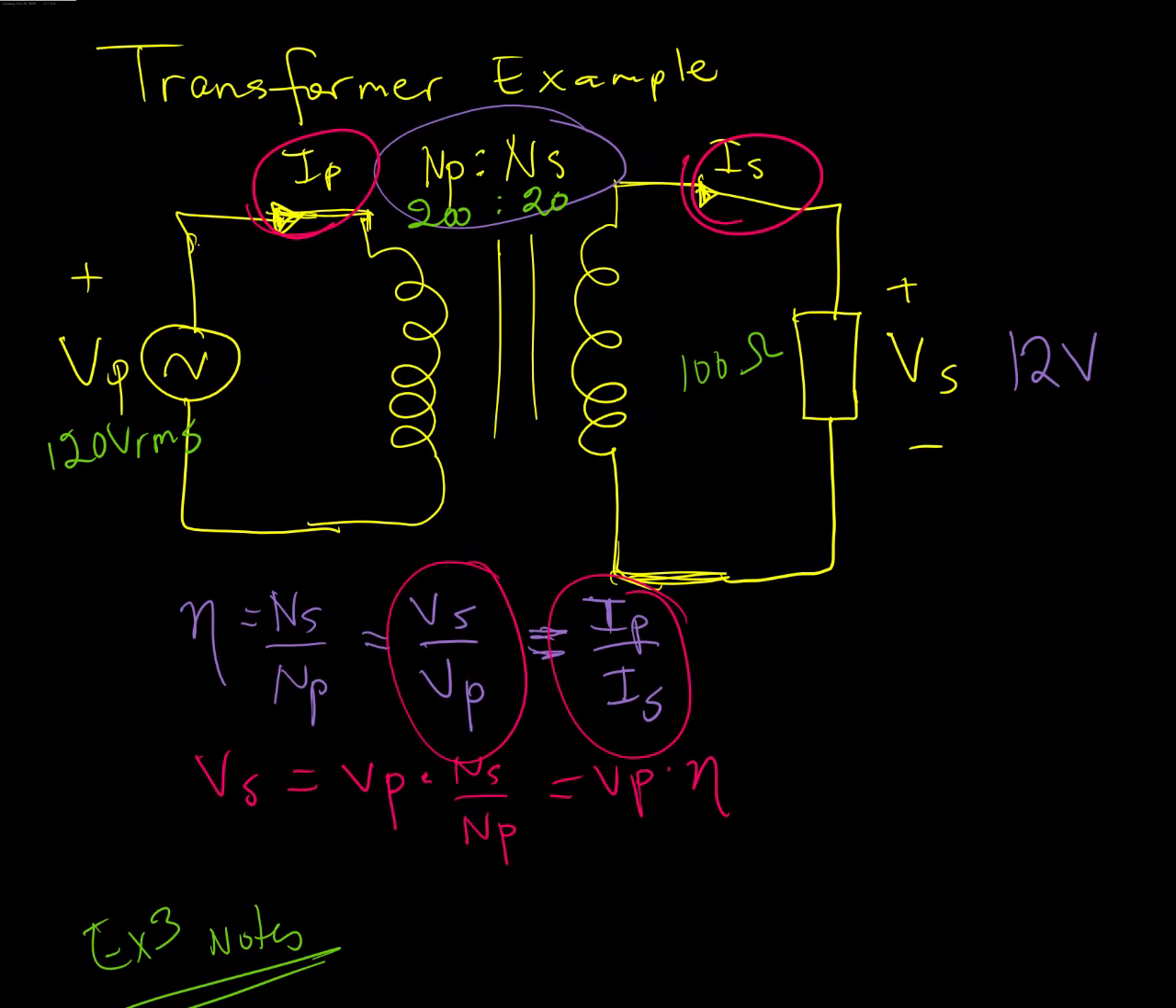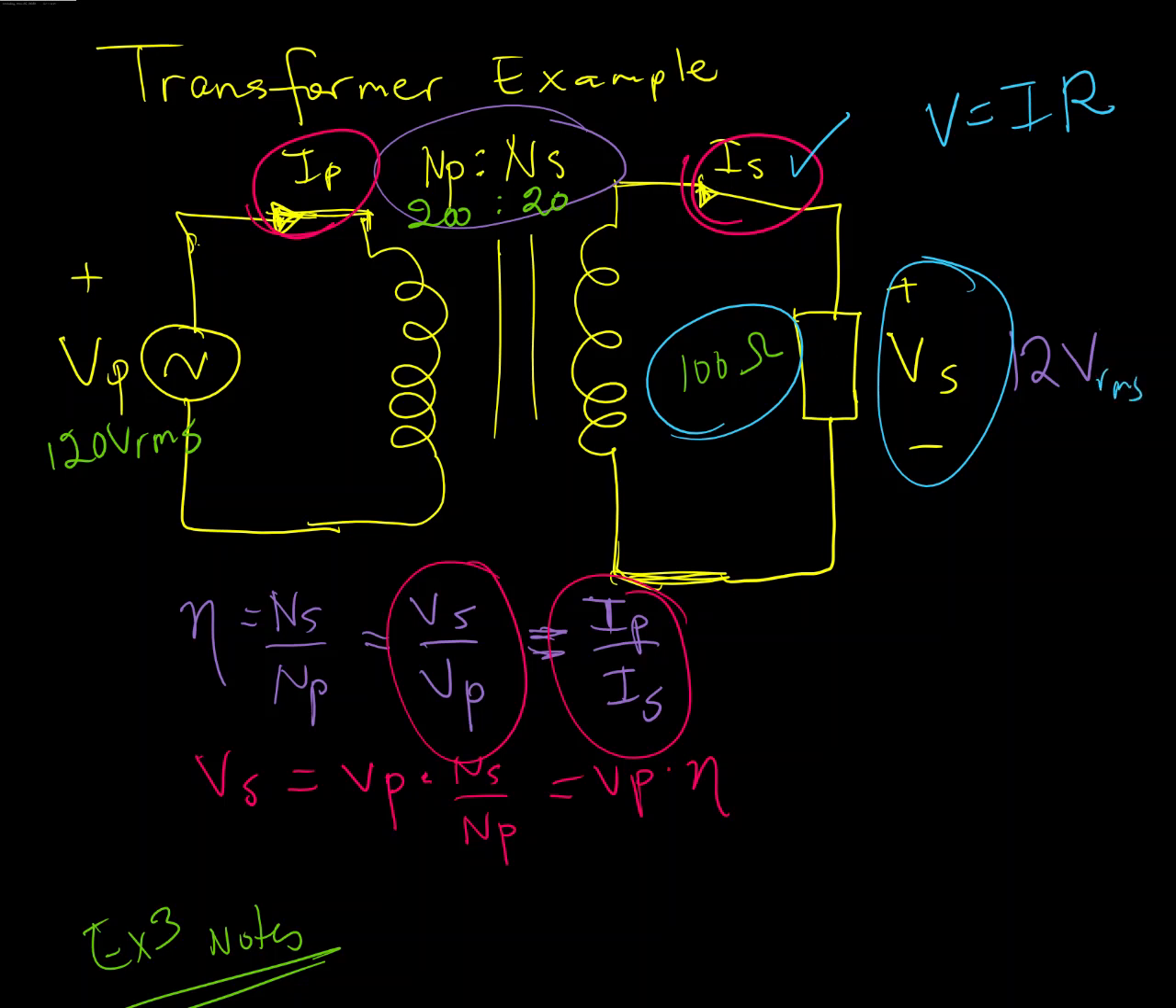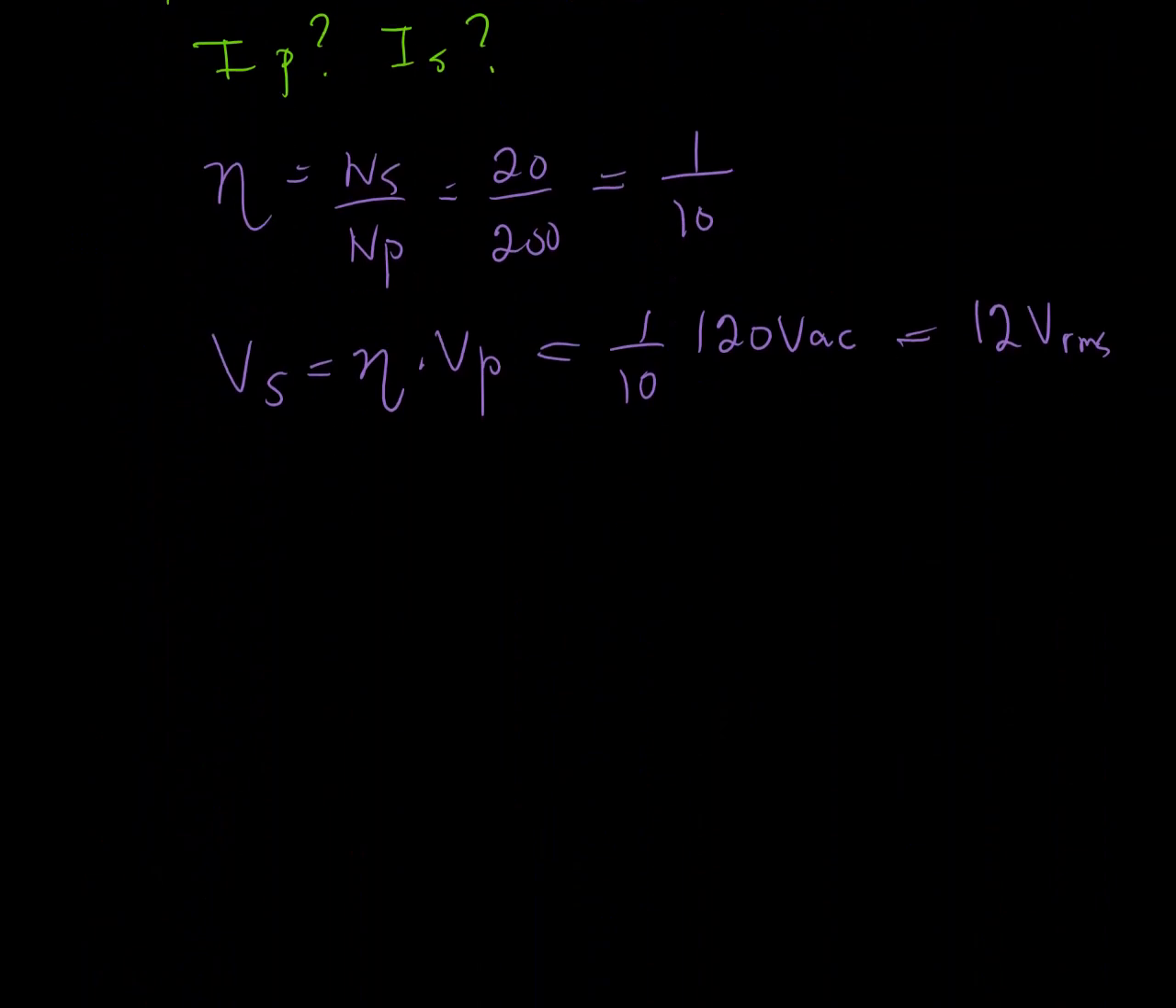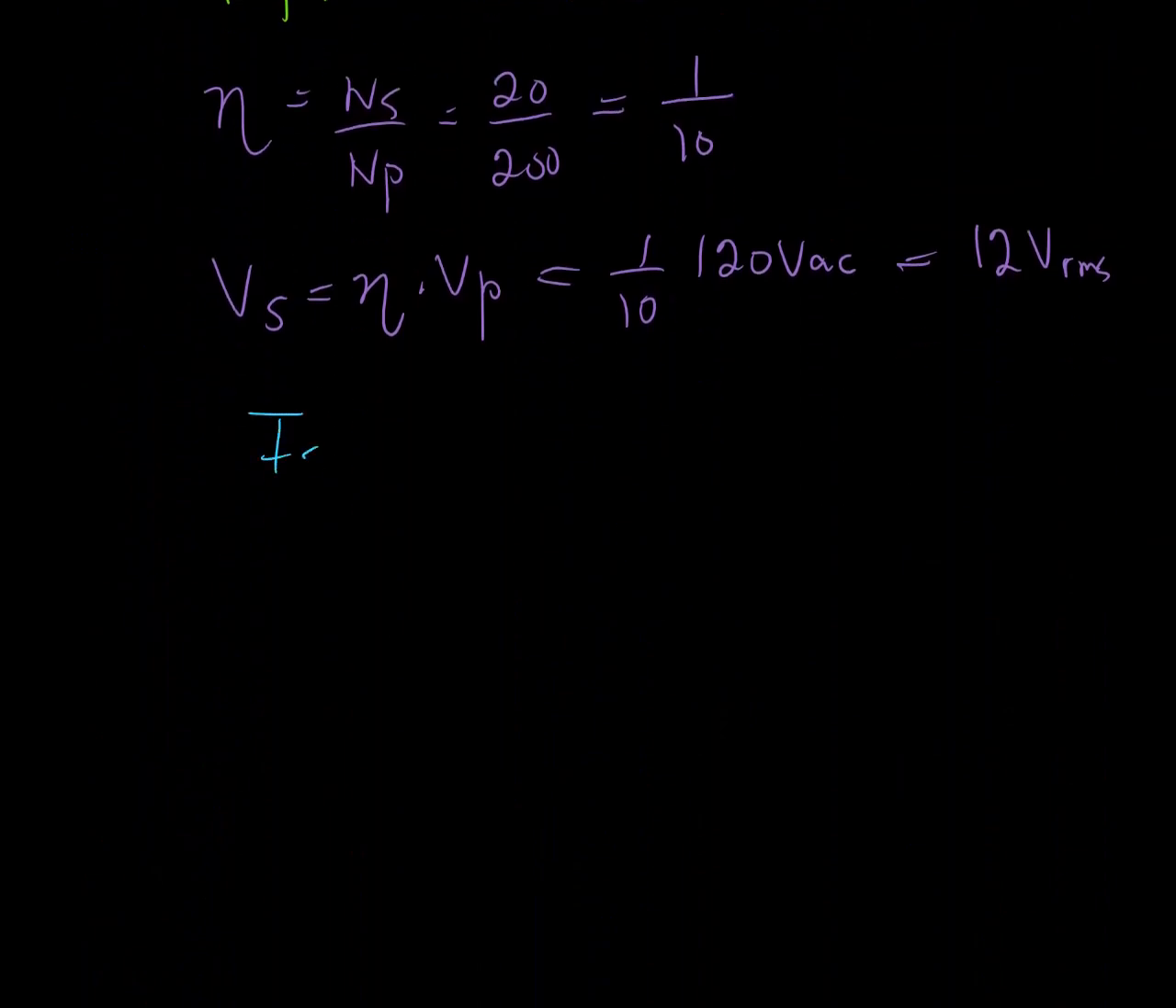Now, if I know that this VS is 12 volts and this resistor is 100 ohms, then I can use Ohm's law to find this current, right? Because I know that V equals IR. This current is also what is flowing through this resistor. I know the voltage now across this resistor. So I can find I secondary as